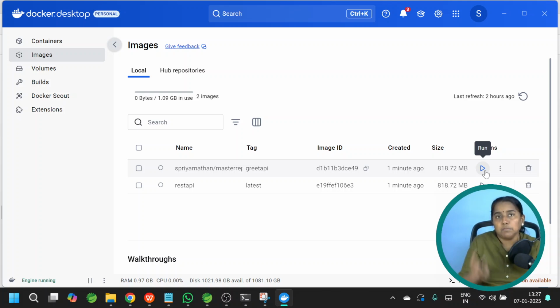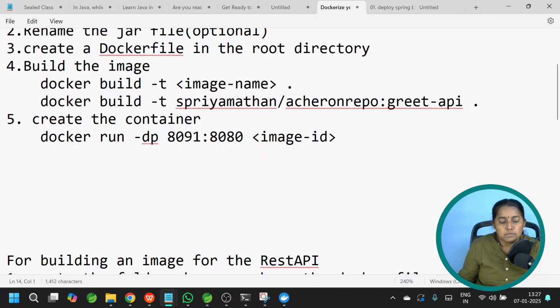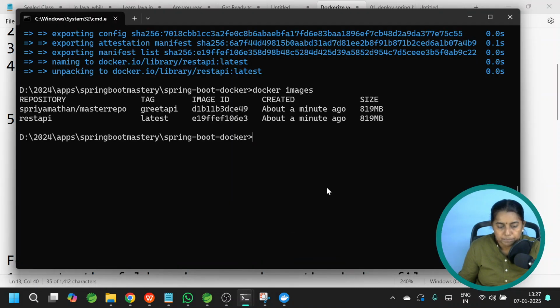Guys, the name of the container will be given by Docker itself. But I want to give my own container name. So let us do it by using the command. So this is the final step. Here we need to provide the name for our container also. Let me open command prompt. docker run --name greet-container